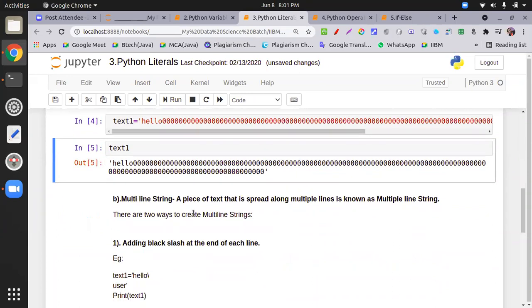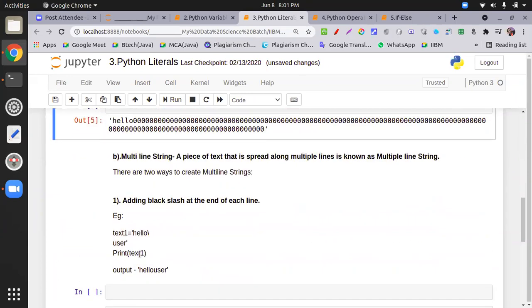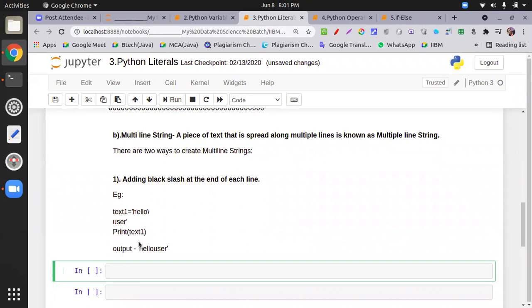Let's see, we create a multiple-line string. I create this text2, keep your eye over here.